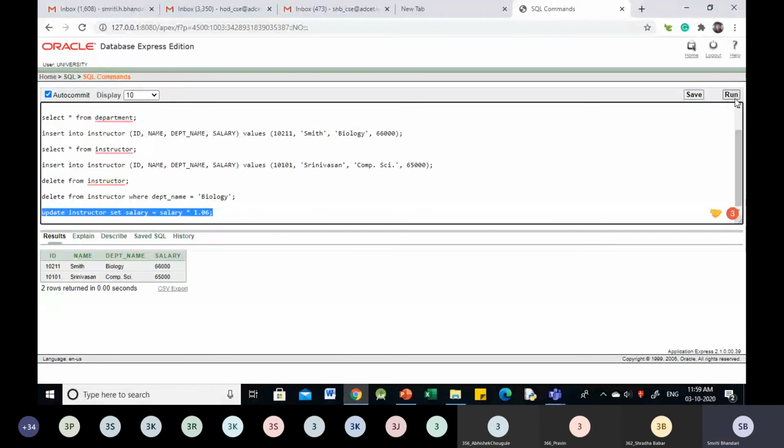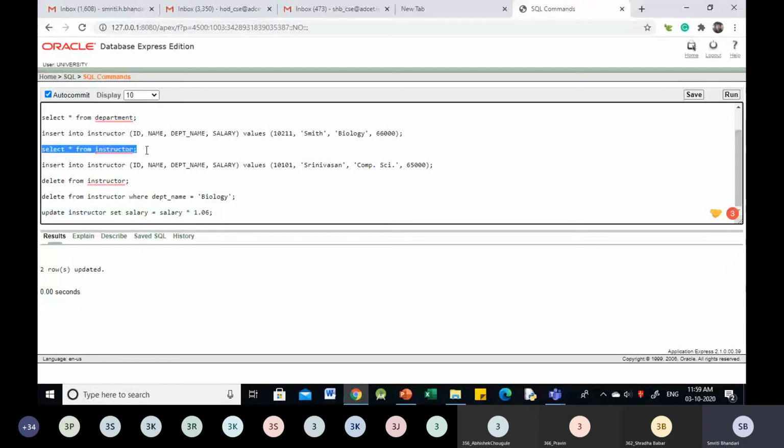Let us execute this statement and visualize the results. See here whether you are seeing the changed values for salary. Yes, updated values for the salary.